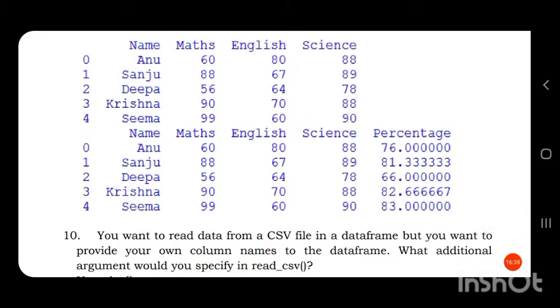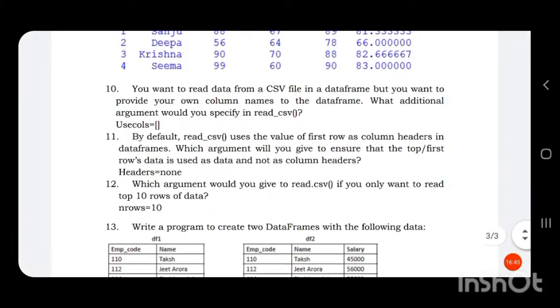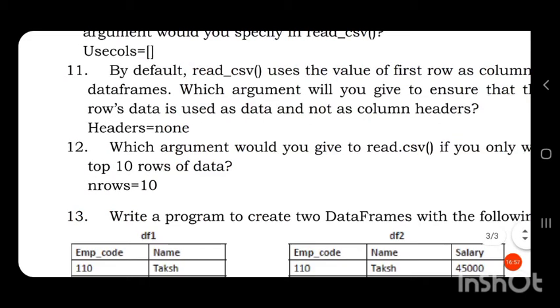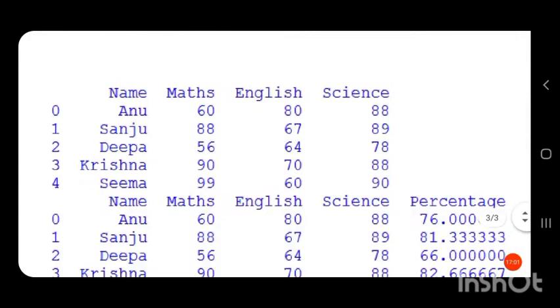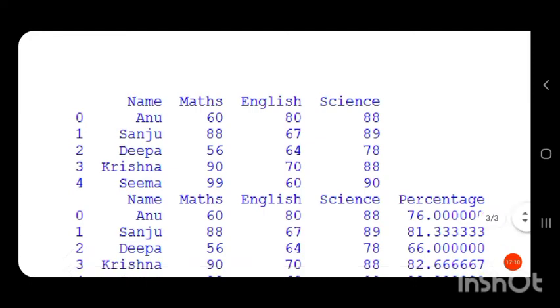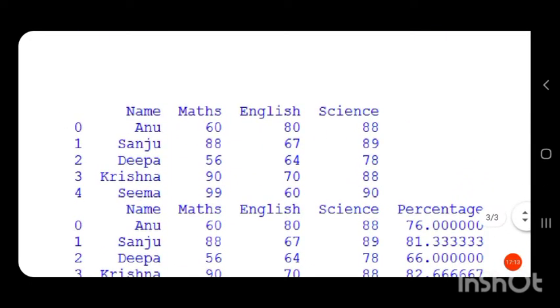Suppose we want these headers as the top row, then an attribute called header can be included in the read underscore CSV function. That can be set as header equal to None. Then the header row, that is name, maths, English, science, will come at index position 0 and it will not have any headers. Instead of headers, it will have the index values 0, 1, 2, 3.